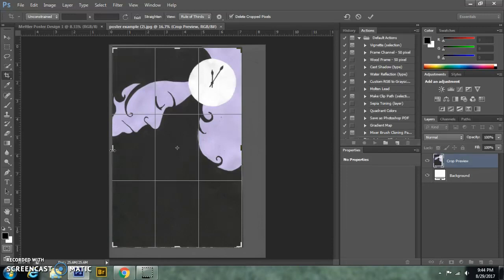And an 11x17 rectangle is different than an 8x10 rectangle in its shape. So what you could do as well is type in here at the top 11x17 and it's going to give you a rectangle that's at that same ratio. So now I know that this cropping is going to translate very nicely as an 11x17 poster design. Okay,